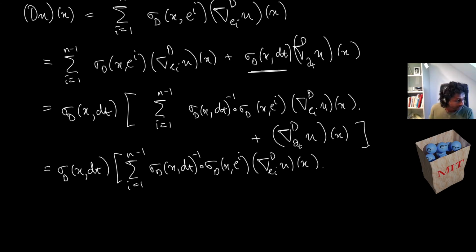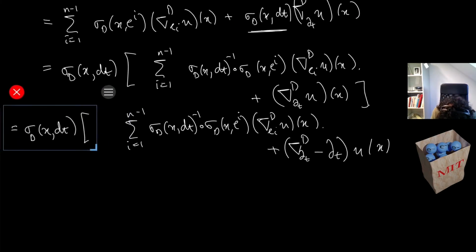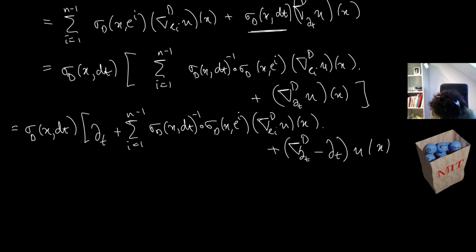So now I'm going to add a term here, which is going to be the partial t of u at x, minus the dt of u at x, plus, now well, maybe I should have written this right out the front, right? So let me take this here and write dt plus. Okay,